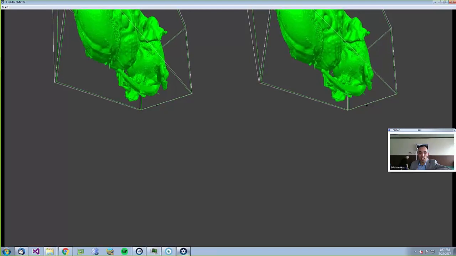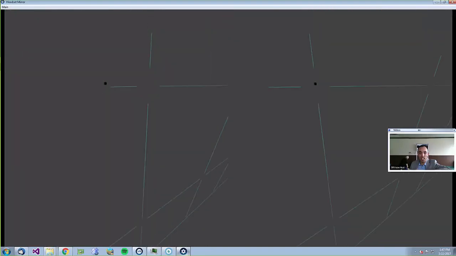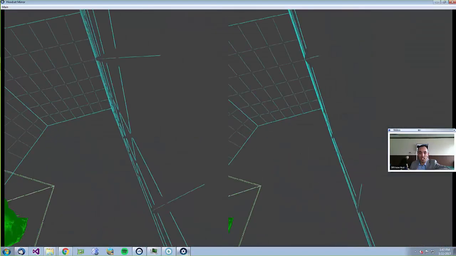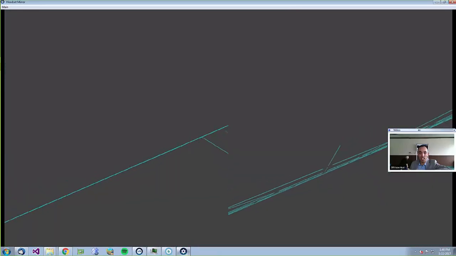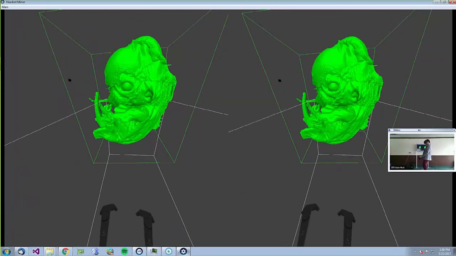Okay? So this is another data set. It is very different from the previous one. It is done with a technique called optical projection tomography, and it shows an embryo. It was done in Lisbon at the Gulbenkian Institute for Science. Okay, so here's the data set. It's an embryo. I made it more or less my size